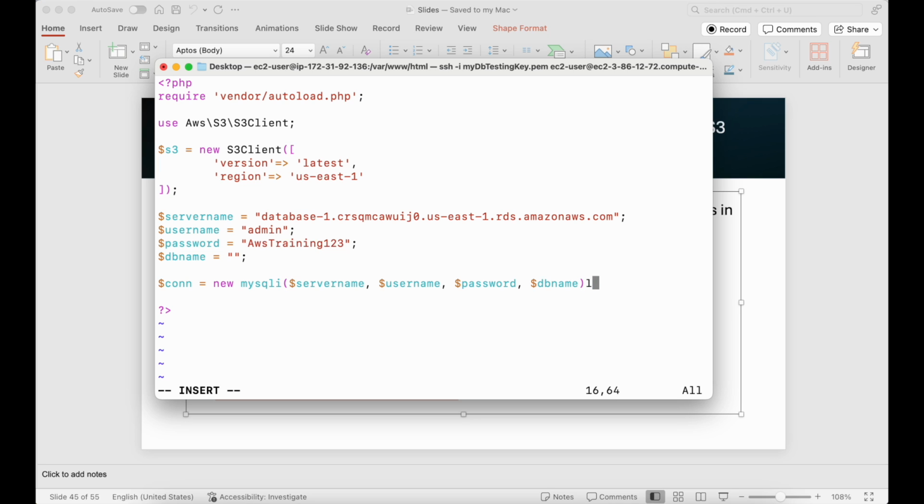That's all we need to do to create the connection. And once the connection is started here, I can check if $_SERVER['REQUEST_METHOD']